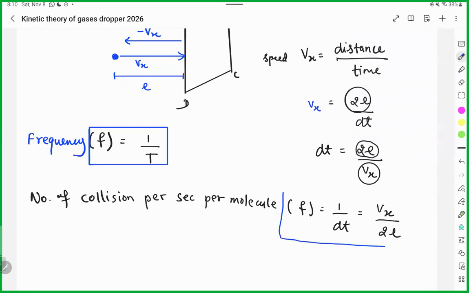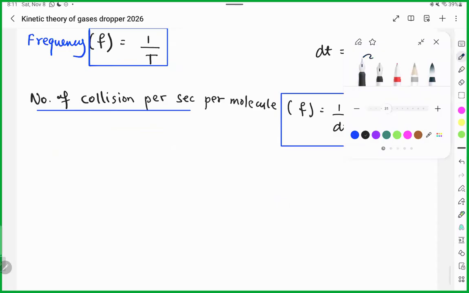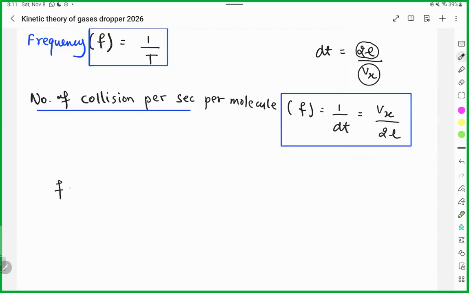यस और नो? Frequency is inverse of time and number of collision per second is same as frequency, तो vx/2l है। अब ये vx क्या है, मॉलिक्यूल की वेलोसिटी, आरएमएस। एंड ये 2l क्या है, मीन फ्री पाथ। दैट्स व्हाई you can also say कि when I am calculating number of collision per second per molecule, which is equal to vx/2l, this vx is almost like molecule की average velocity, molecule velocity।